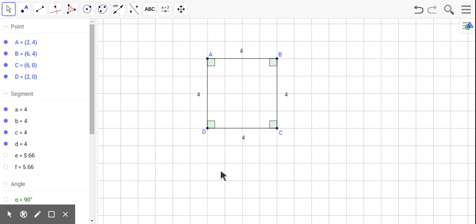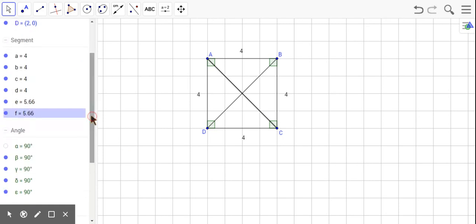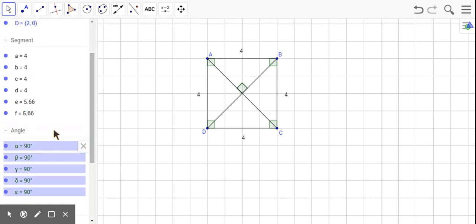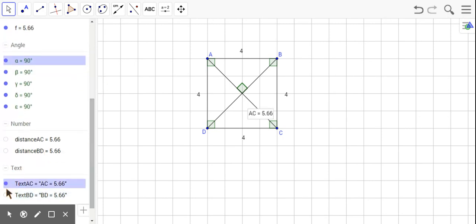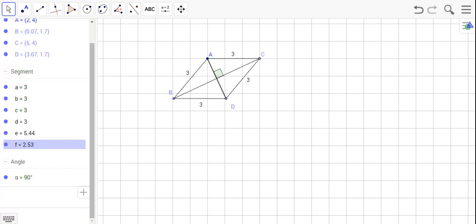Now, if it's a rhombus and a rectangle, that means that its diagonals are also going to have those same properties. If we look here, put in the diagonals, you see that there is a right angle, like the rhombus, as well as they are congruent. So just to recap, a rhombus is equilateral,